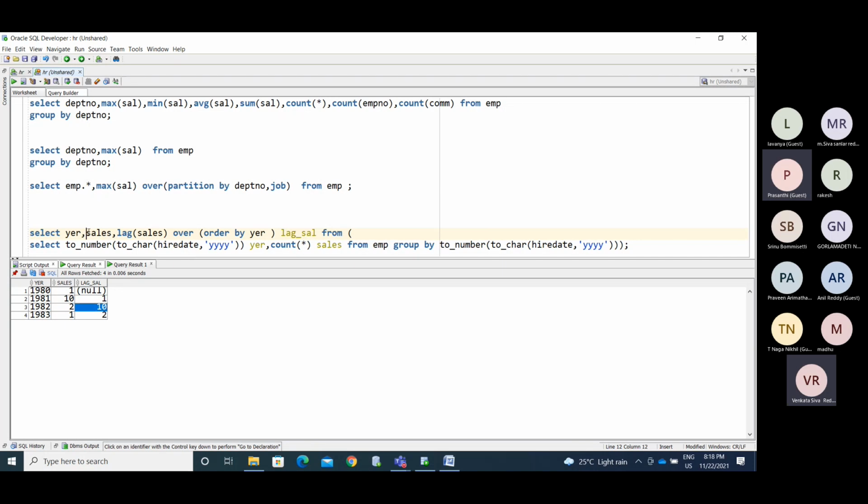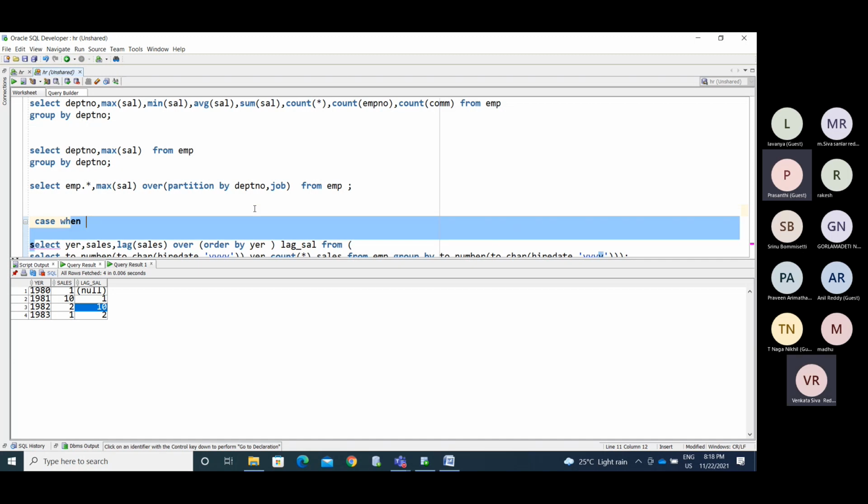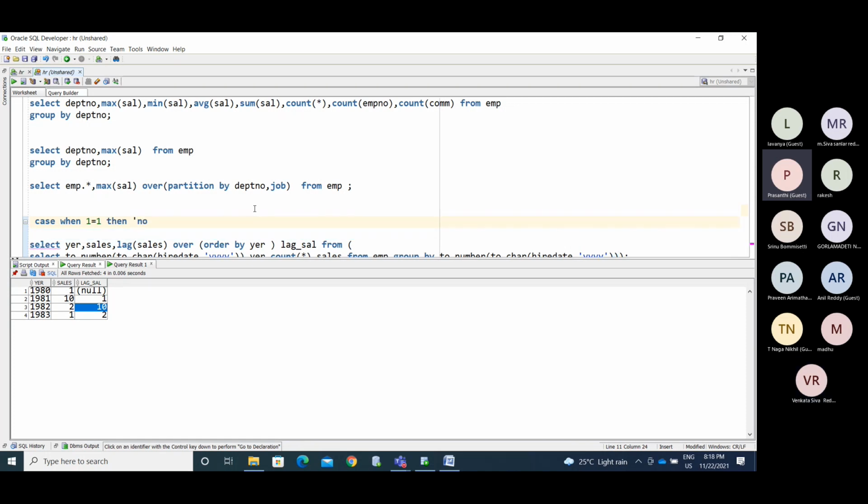Using a case condition: case when sales equal to lag sales, then no growth. Put the case statement like this. Case when 1 equal to 1, then no growth. Okay, if 1 is greater than 0, make it, like I said, growth.